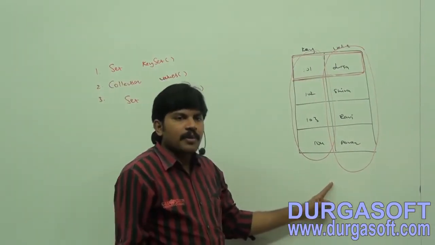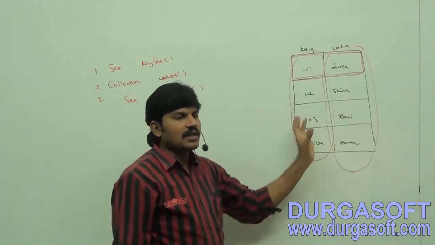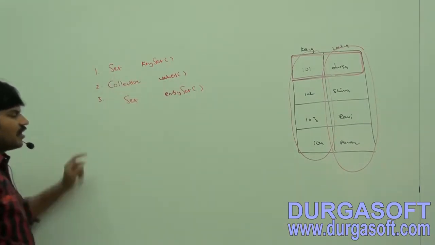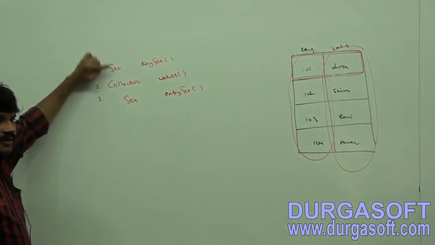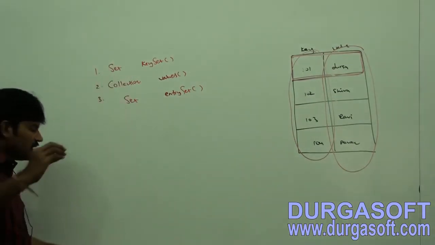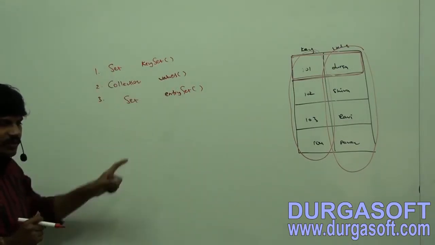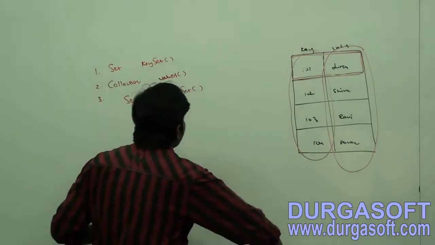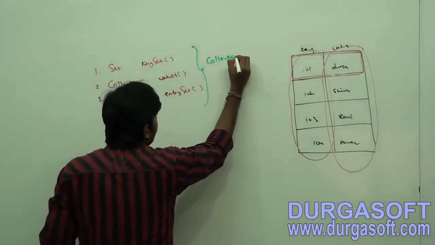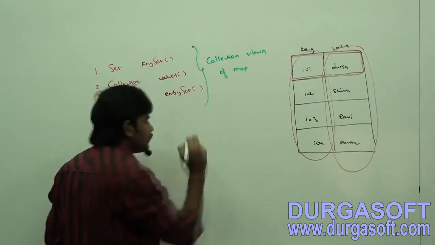That's all. These are three methods we have to call on the map object. On the map object, we get a Set of keys, a Collection of values, and a Set of entries by default. The return types are: first Set, second Collection, third Set. These are not maps. These three methods we apply on the map object, but we get collection related terminology. That's why these three methods are considered as collection views of map.